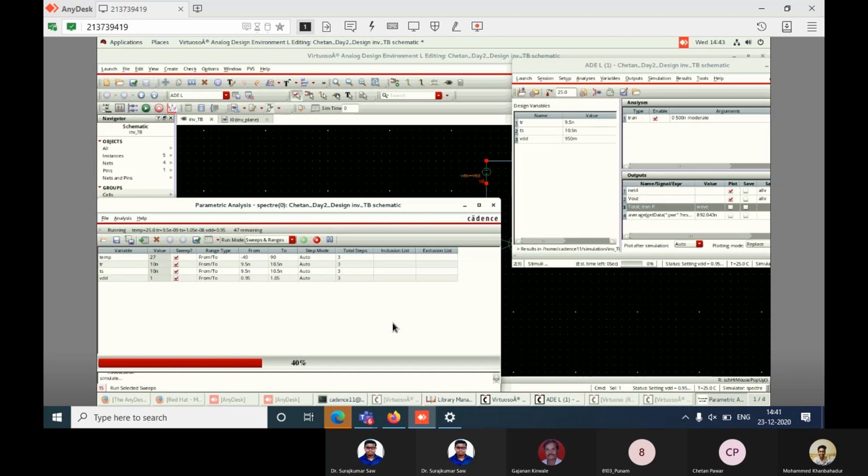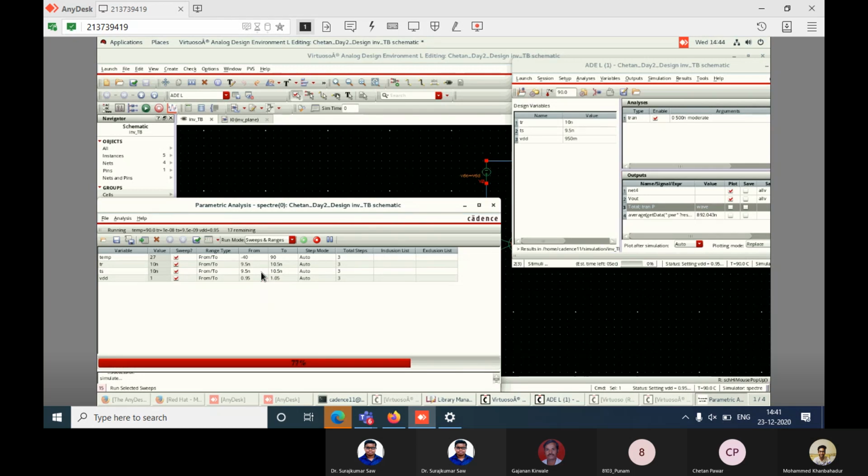If you define the center value at 10 nanosecond and take a span of 5%, it will automatically calculate the values, decreasing 5% and increasing 5%, whatever the number of steps. But here we need to define that range, that is 95% to 105%, where we decrease by 5% and increase by 5%. So we have to define some range.